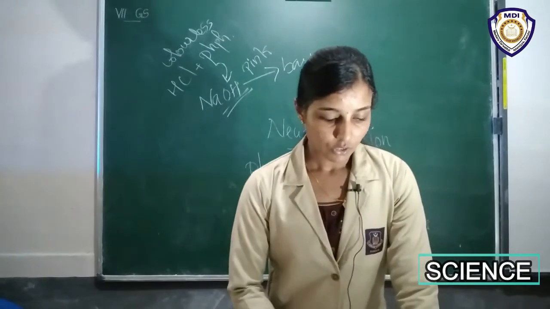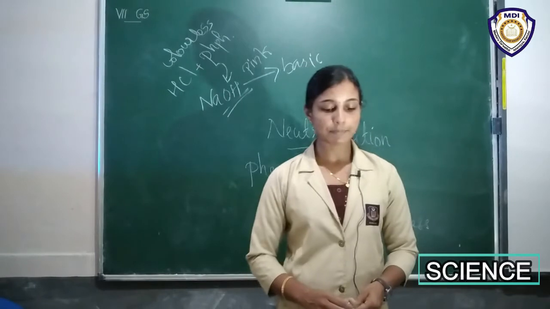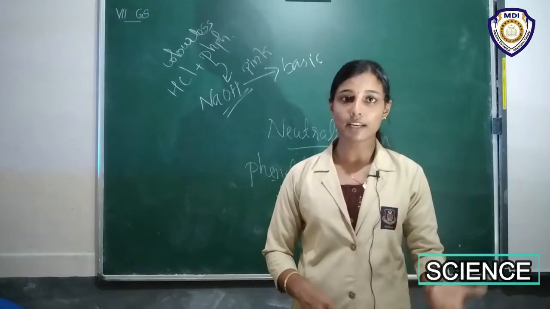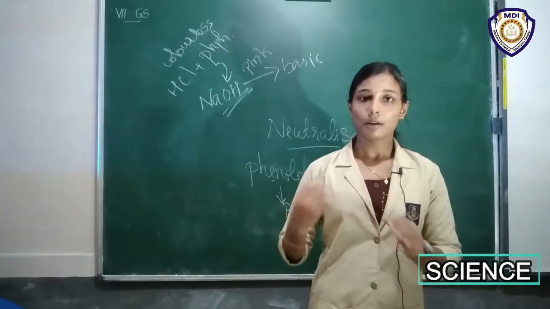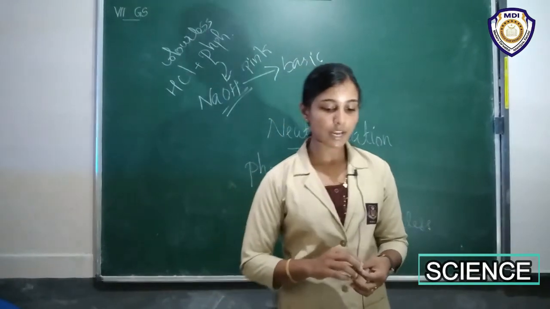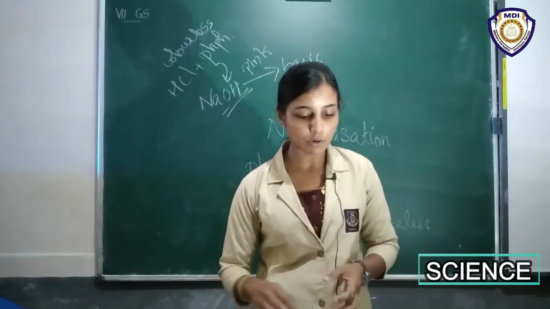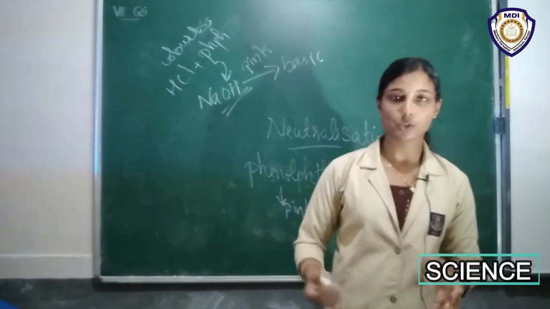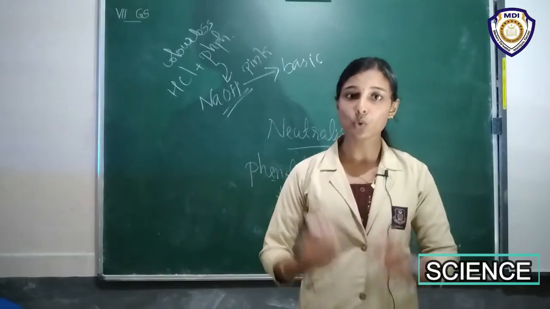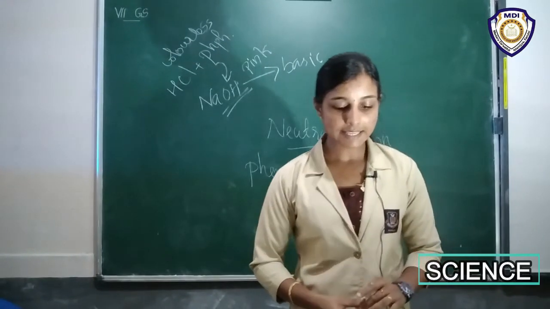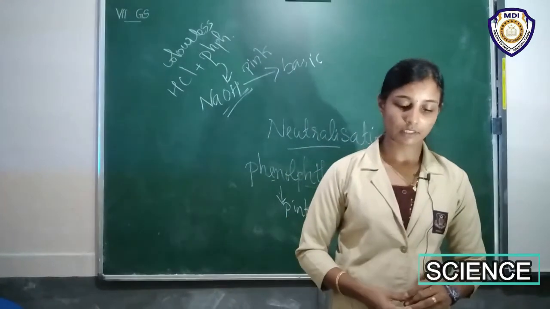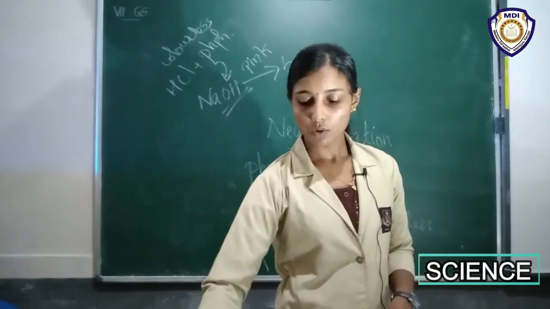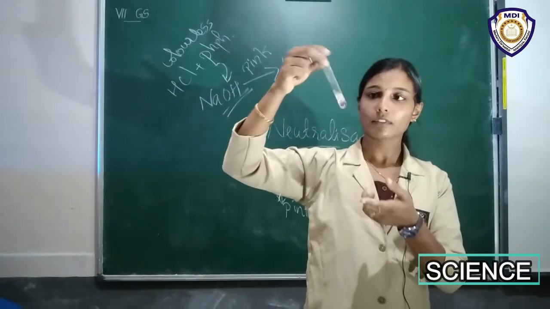Okay. So when an acidic solution is mixed with a basic solution, both solutions neutralize the effect of each other. We have already discussed that in neutralization, right? That means when an acid solution and a base solution are mixed in suitable amounts, both the acidic nature of the acid and the basic nature of the base are destroyed. The solution becomes neutral. The resulting solution is neither acidic nor basic. Now touch the test tube immediately after neutralization. So this is a neutralized solution, right?